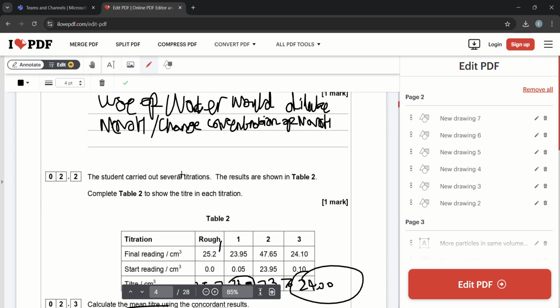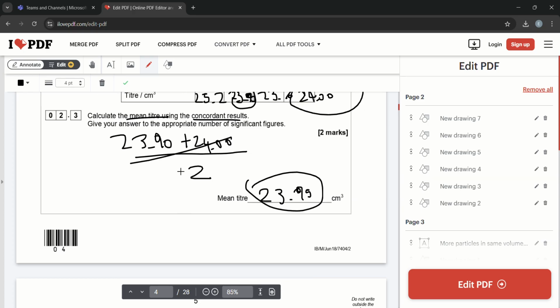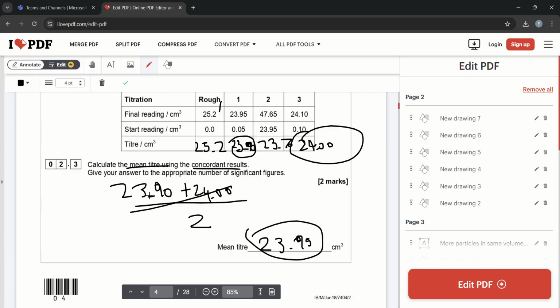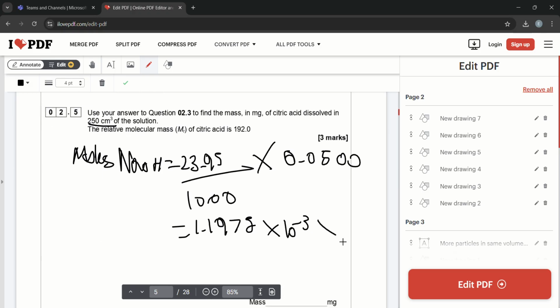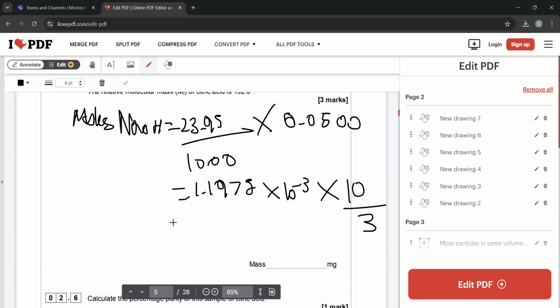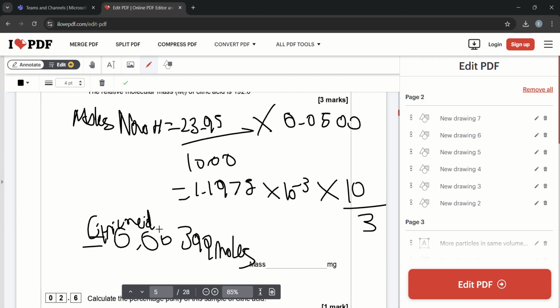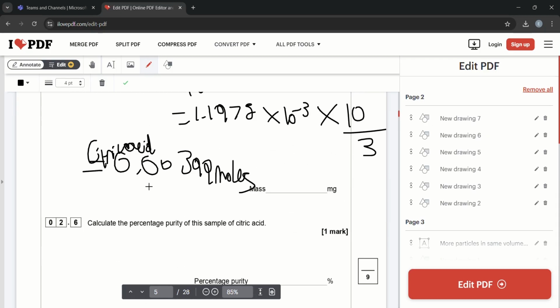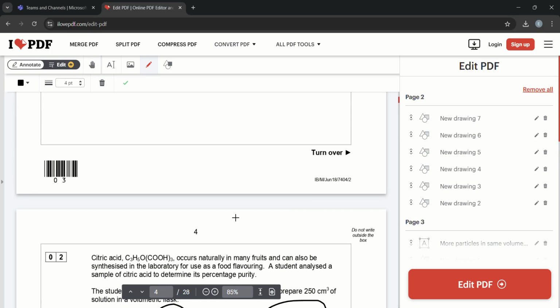So what we need to do now is times the moles by 10. And we also need to divide the moles by 3 because of the 1 to 3 mole ratio. So we need to times by 10 and then divide by 3. And that will give me 0.00399 moles. And let's label that as the citric acid, so the examiner knows what the moles are. And therefore mass is going to be the moles times by the MR of citric acid,